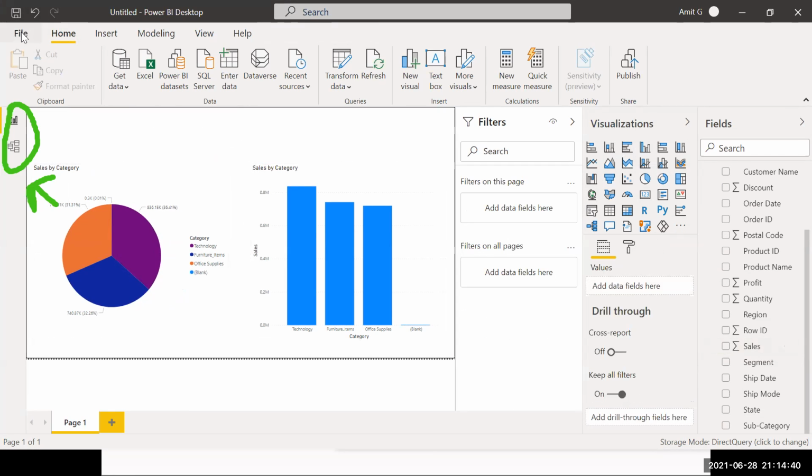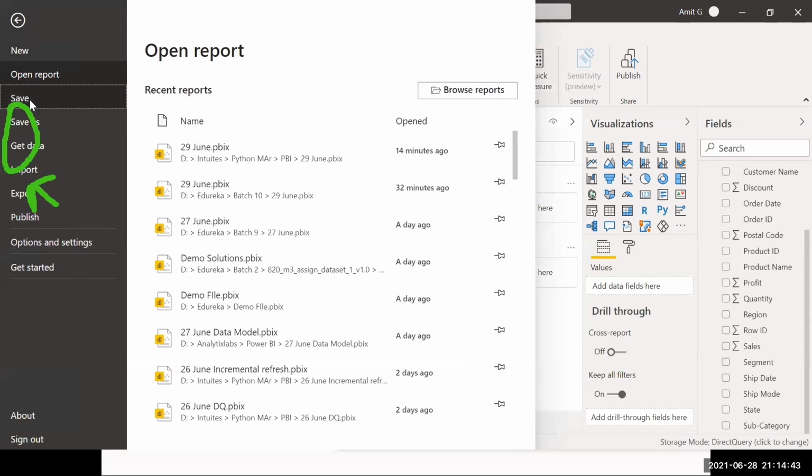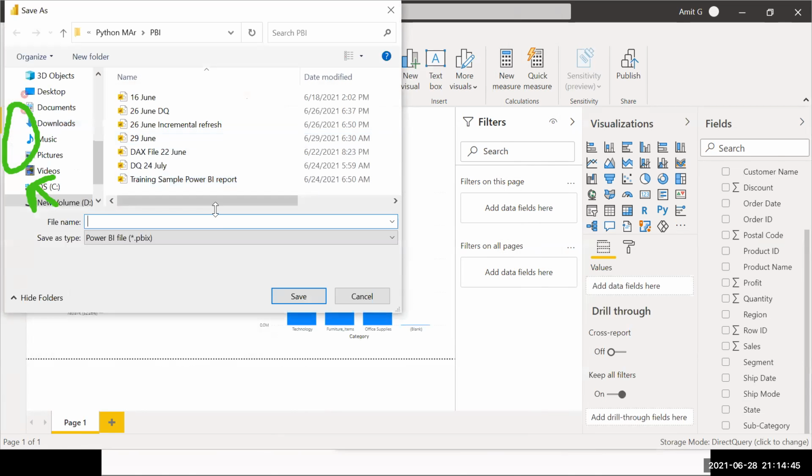Now what I'll do is, let me save it. Okay, let's save it as 29th June DirectQuery.